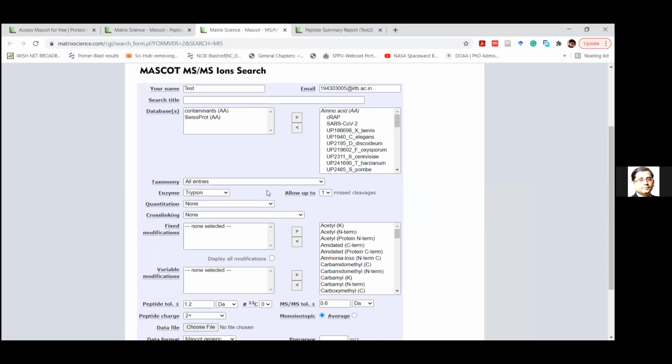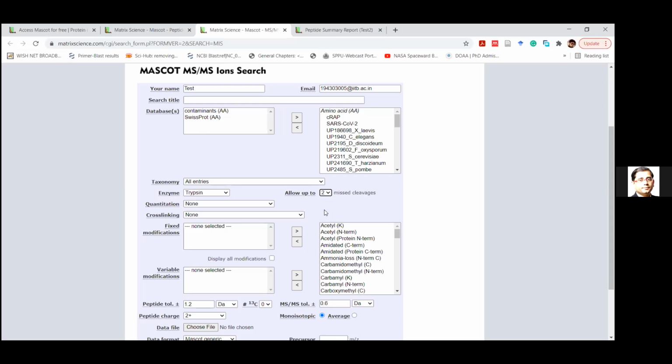Enzyme, rather, you have to mention, because the database and the search results will depend upon what enzyme you have digested it with. So generally, we cannot put it into any default. You have to know what enzyme you have used to digest your proteins. Miscleavage will depend upon how confident you are with your protocol and your protein digestion into peptides. So generally we put 2, which is sort of an okay stringency. But if you are very, very confident with your data, you can go up to 1 or even 0. That means the most stringent. We are not allowing any miscleavage.